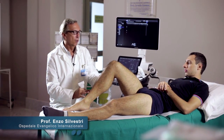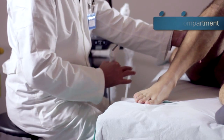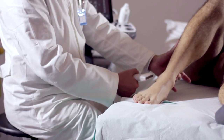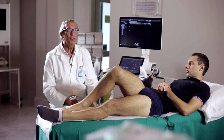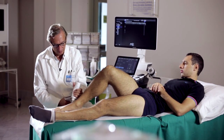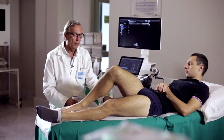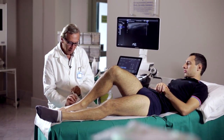The ultrasound examination of the ankle begins with the study of the lateral compartment. We need to flex and turn the knee and the ankle in this manner in order to be able to scan the outer compartment. The first structures to be studied are the ligamentous components, and in particular the front components,